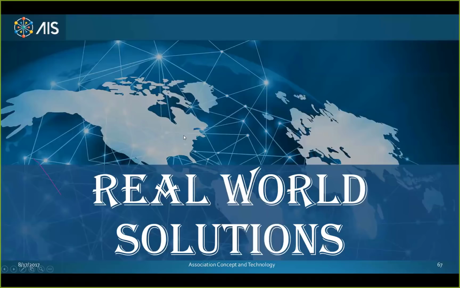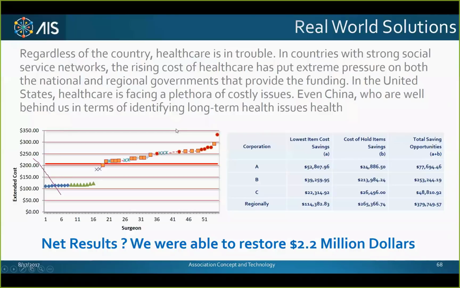So how do we apply this to real world solutions? One of the things that we've done is talk to the medical industry. With our partners AMI in Canada, we were able to design and create a solution whereby we used the basics of associative technology and identified 5 or 6 different sources of data, using healthcare as an industry because it's the one that's the most in trouble in the world. And we figured we could do the most impact there. And all countries in the world basically have central payer systems with the exception of the United States.